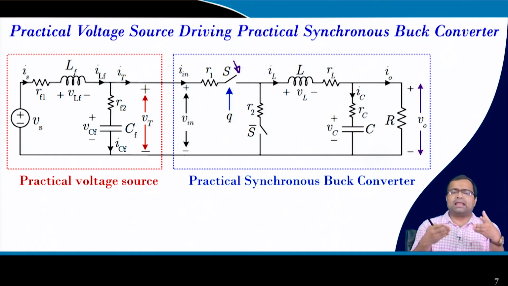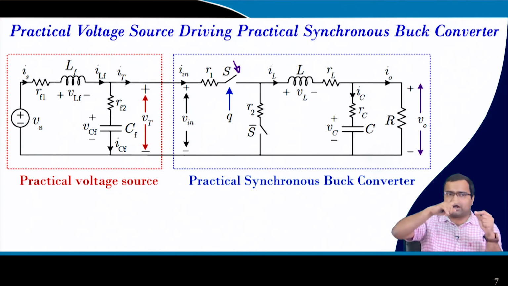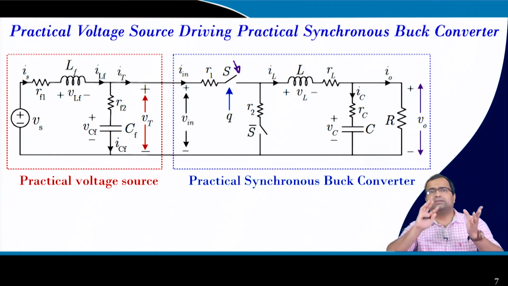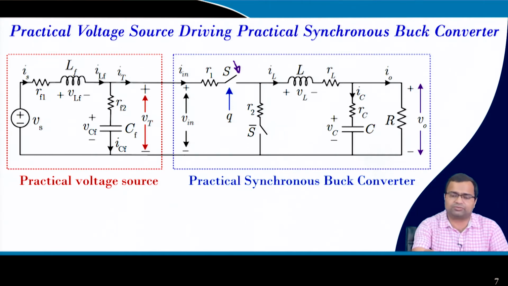So, it will appear like a load step transient for the source, and that will happen twice in a switching period, because once it will turn on and then it will turn off. So, it will have both undershoot and overshoot effects for each transition of the switch, and that will